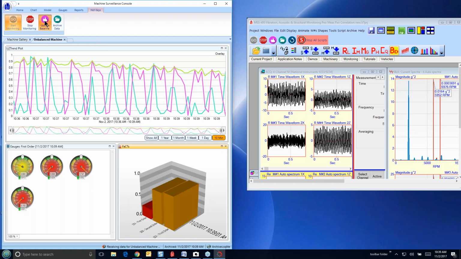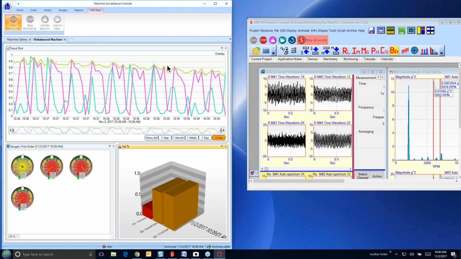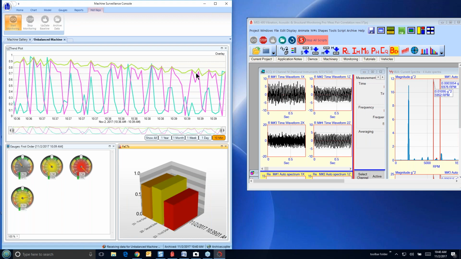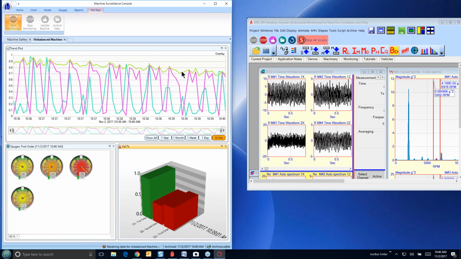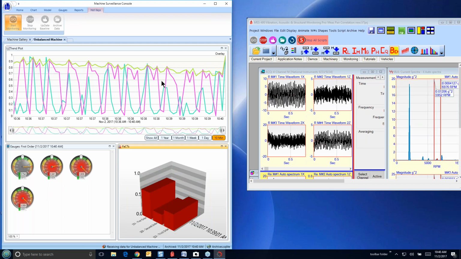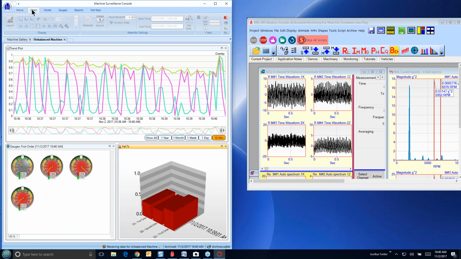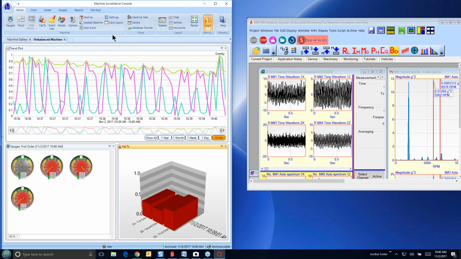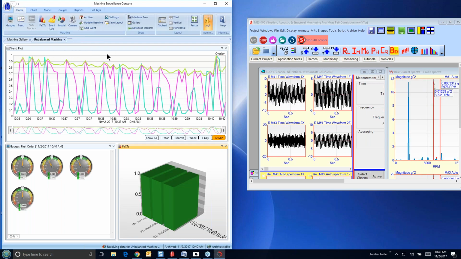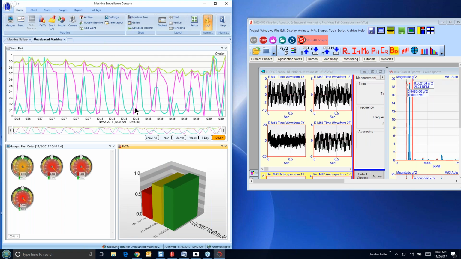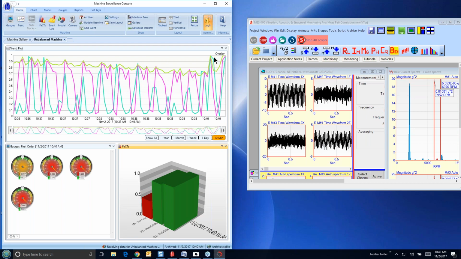So if I update the baseline, all these trend plot values should jump back to 1. Let's see if that in fact happens. Yeah, see here they're going back. Now I'm going to update the baseline that's stored in the archival database, and now you can see that my values are